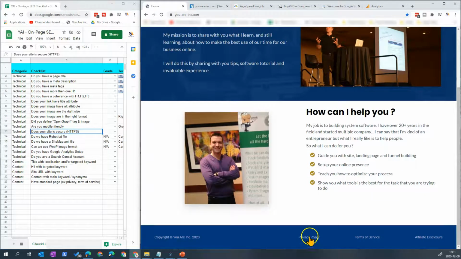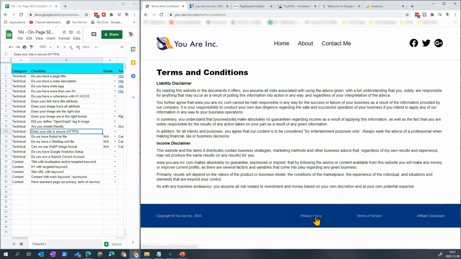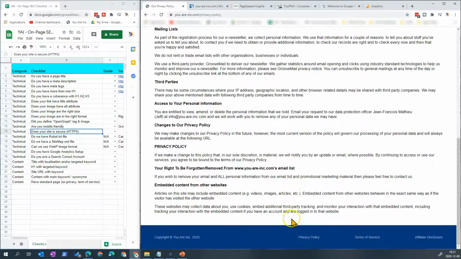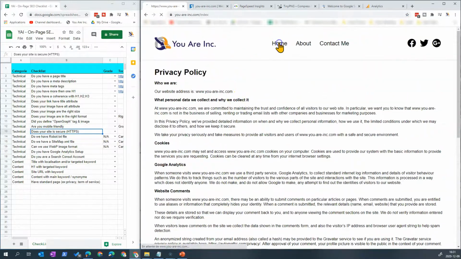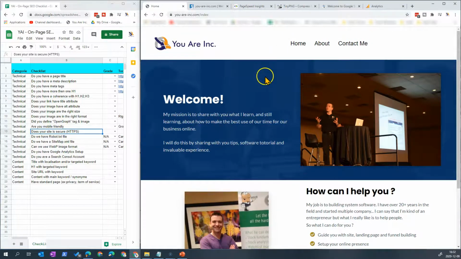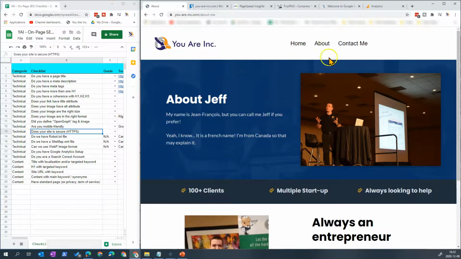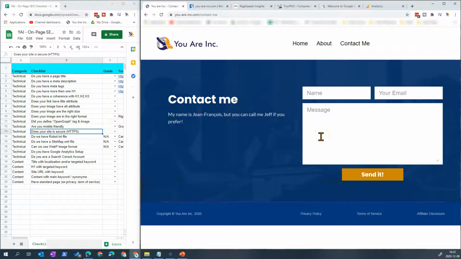As you can see here, we have a privacy page, terms of use, and affiliate disclosure. These are the standard pages that I was saying are good to have on your site. It's a pretty simple site. It's only a one-pager, an about me section, and a contact me form that is connected, I think, with SendGrid. I did another video on connecting forms with SendGrid or Zapier. I will reference it in the link above.